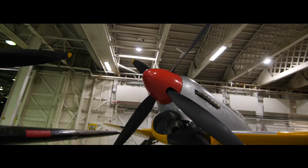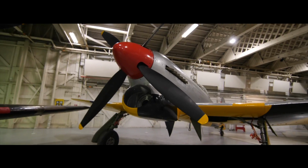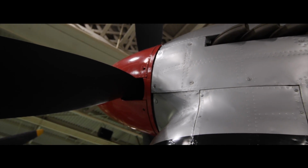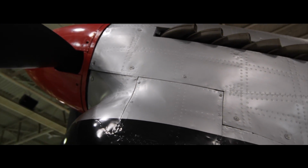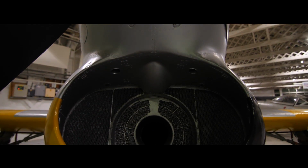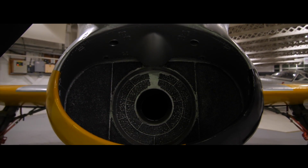Welcome to the Hawker Tempest. Now, talking about the Hawker Hurricane was quite a big aeroplane. This is a really big aeroplane. In fact, it's so big, it's really pushing the limits of what is possible with the propulsion system, i.e. a piston engine. And because the Hawker Tempest had a Napier engine in it, it was, how can we say,